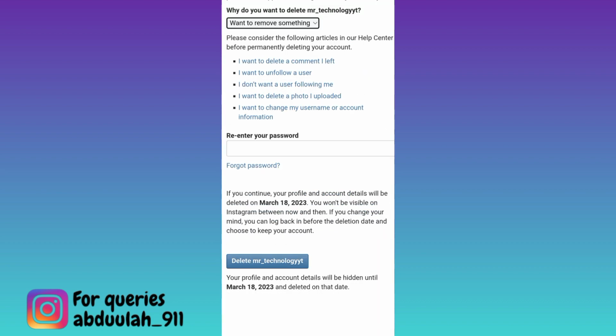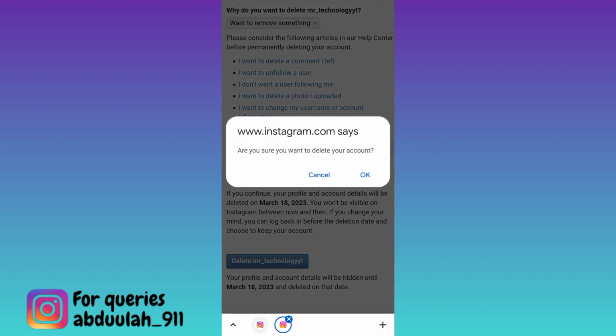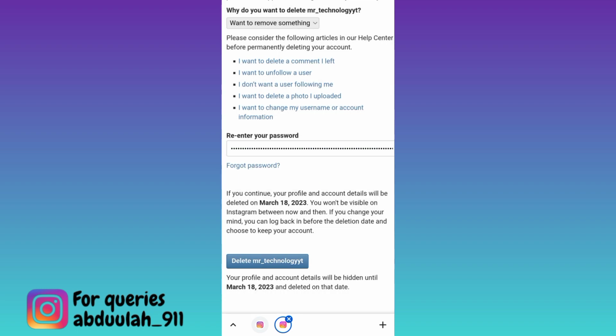Scroll down, enter your Instagram account password, and once you have entered the password, all you have to do is to click on this delete option. Click on OK, and that's it. Your Instagram account has now been deleted